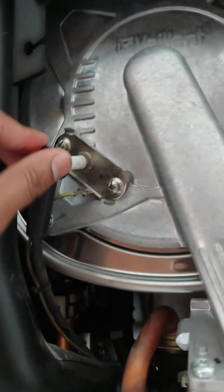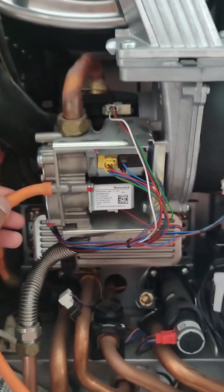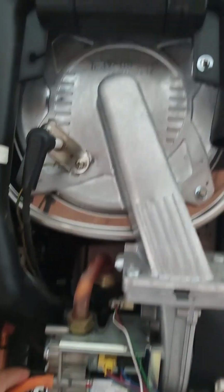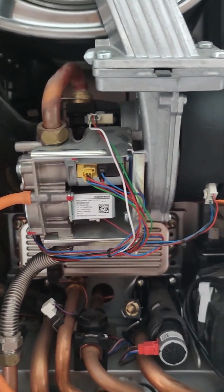Following cleaning the probe heads, we've realized it's not the ignition probe, so I've decided to do a bit more further investigation. So firstly, I've put a test manometer gauge on the gas valve to check if the gas valve is passing gas for it to ignite in the combustion chamber. Unfortunately, that's not the case. It seems that the gas isn't flowing through, so